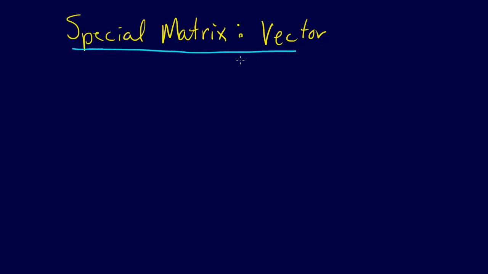All right, now we're going to talk about another special matrix. The special matrix we're going to talk about now is a vector. This is a special matrix because a vector is when m equals 1 or n equals 1. So this is a vector, and when m equals 1,